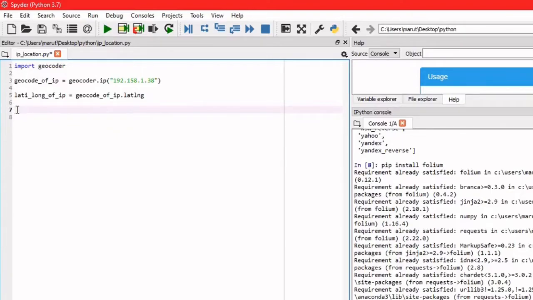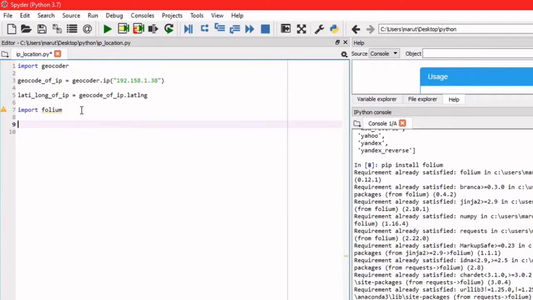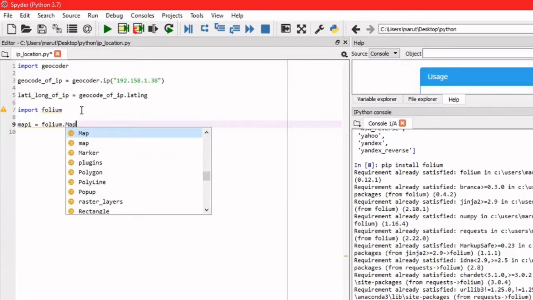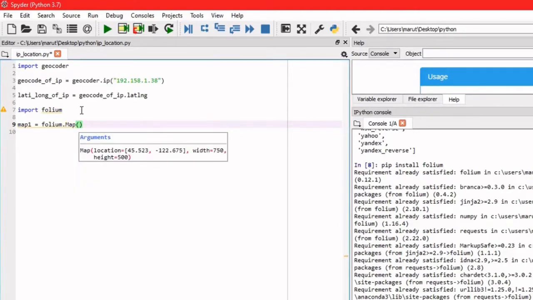So let's try to show this latitude and longitude on the map. For this representation we need the Folium package, so we can import Folium. Same thing, you can install it with pip install folium. So these coordinates we need to show on the map. Let's call this map 1, and we'll show these coordinates with folium dot map. So this will represent these coordinates on the map.